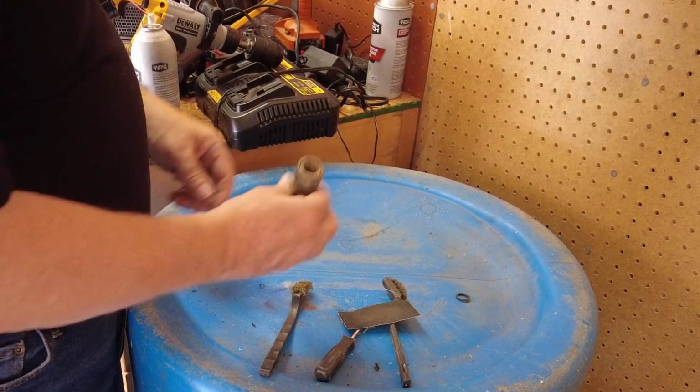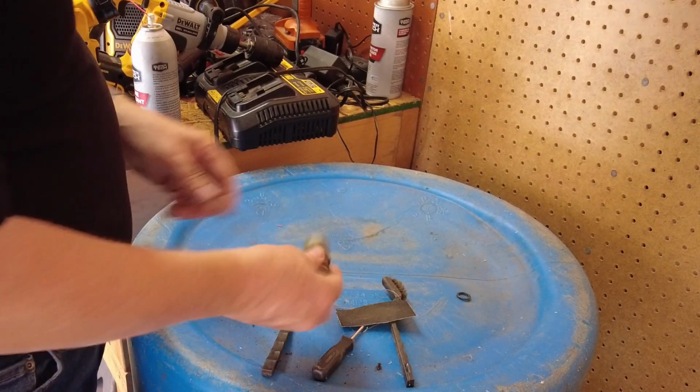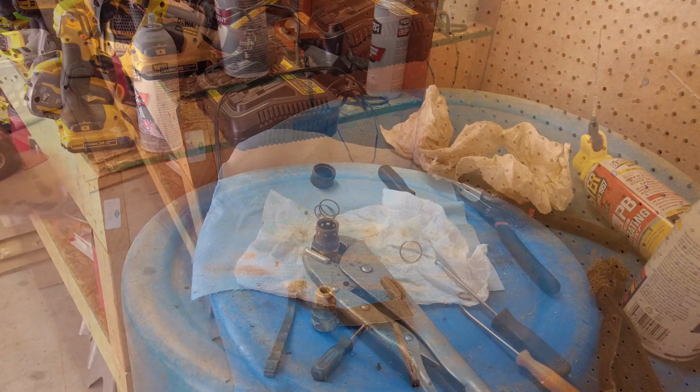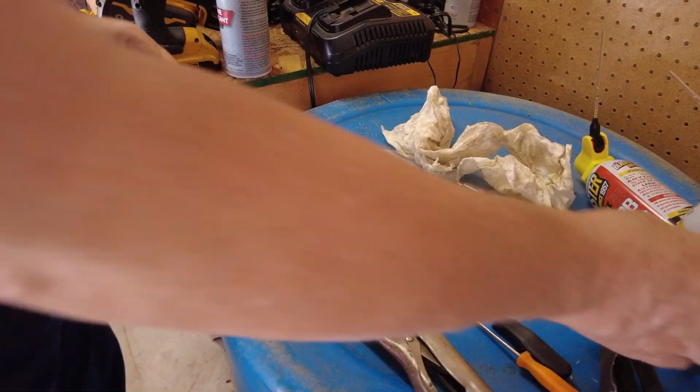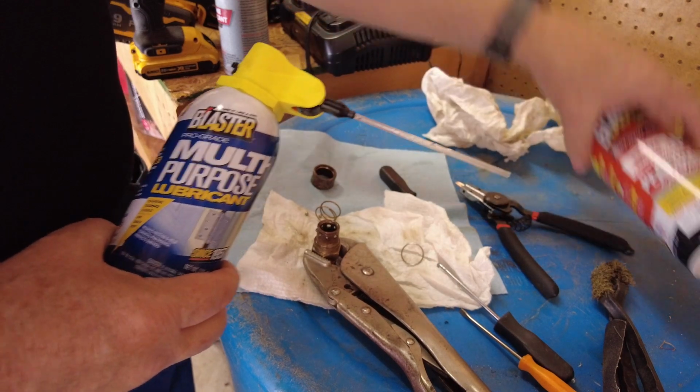All right, and here's the other problem, but I think I got something for the other problem, being kind of corroding the ball bearings, not spinning very well. All right, so as I was going to get the PB Blaster to get this all cleaned up, by the way,